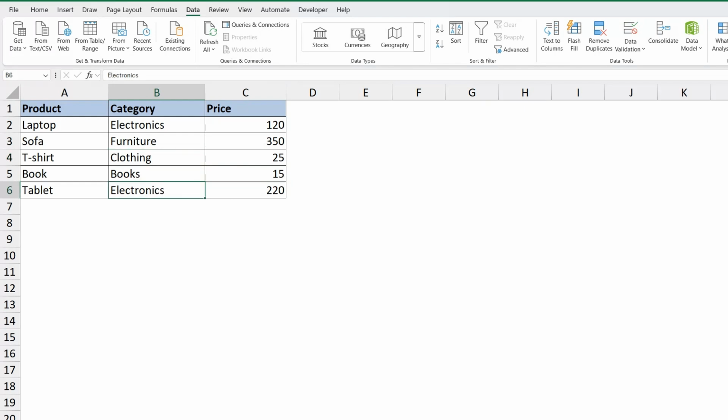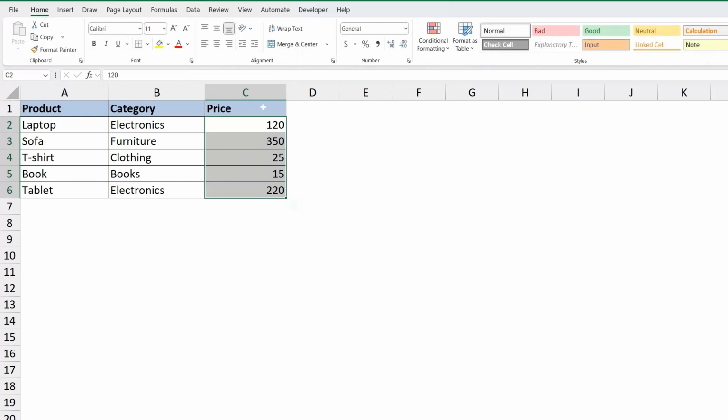So here's again a table with product category and price. So let's highlight values over 100 using conditional formatting. For this, you need to select the price column, go to the Home tab, click Conditional Formatting,